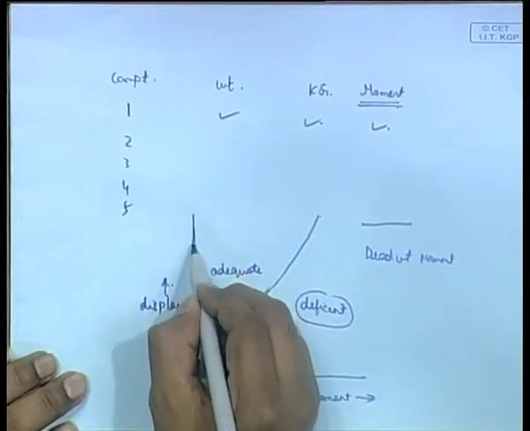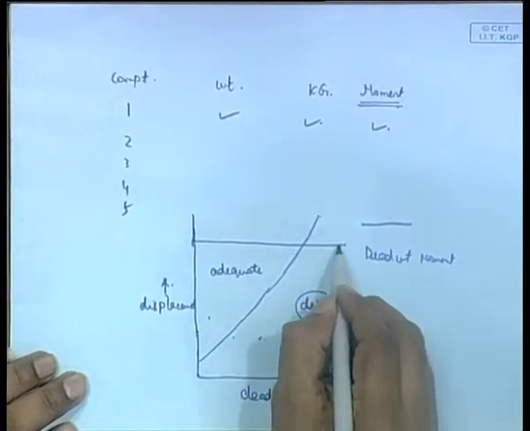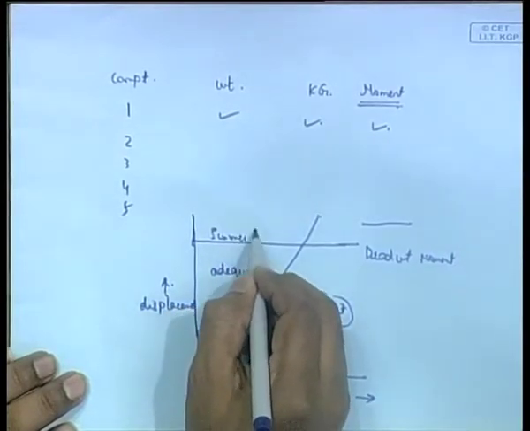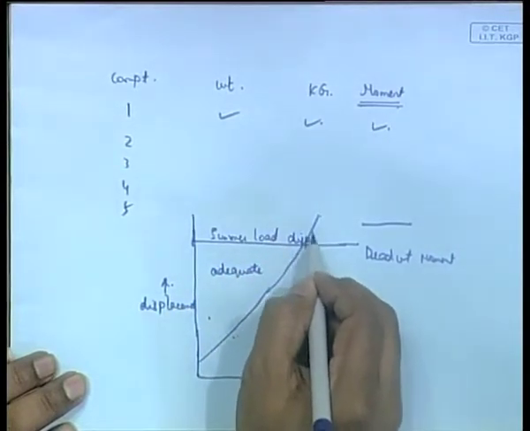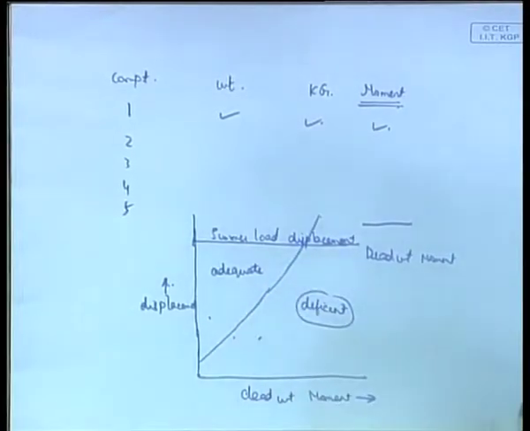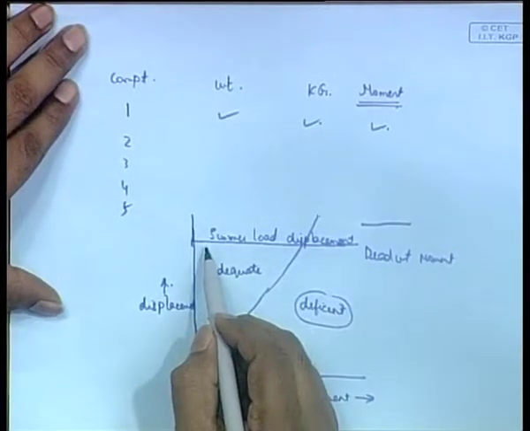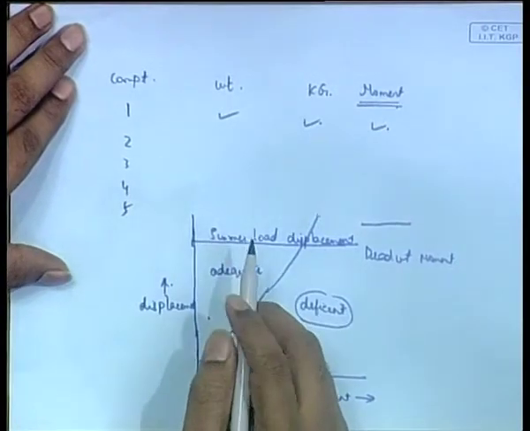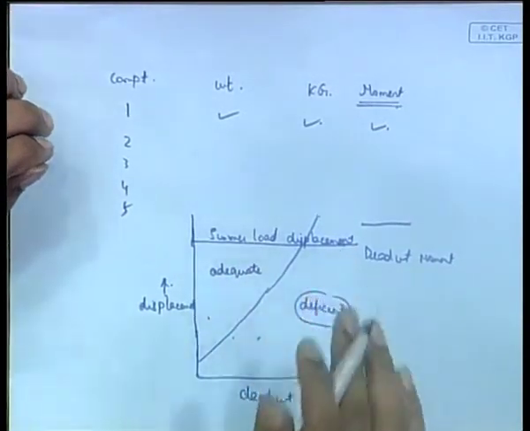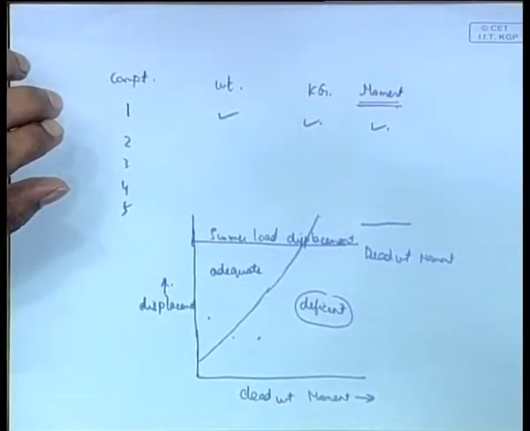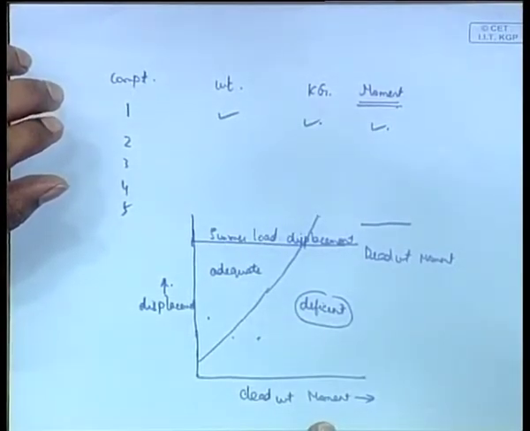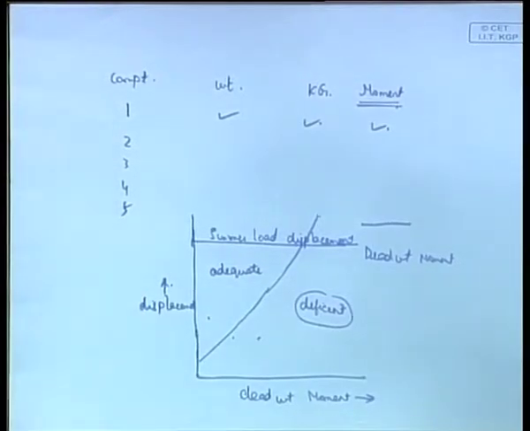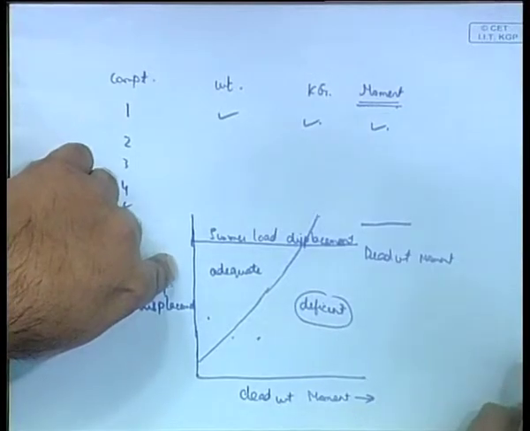And you might end up with something like this. You will see a line like this, which says summer load displacement, which means that you usually cannot go above this. There is always a limit on every ship. The draft of every ship cannot be increased infinitely; there has to be a fixed amount of freeboard always. There is a range, but there is a limit, and you cannot go beyond it. So, summer load displacement is that limit.